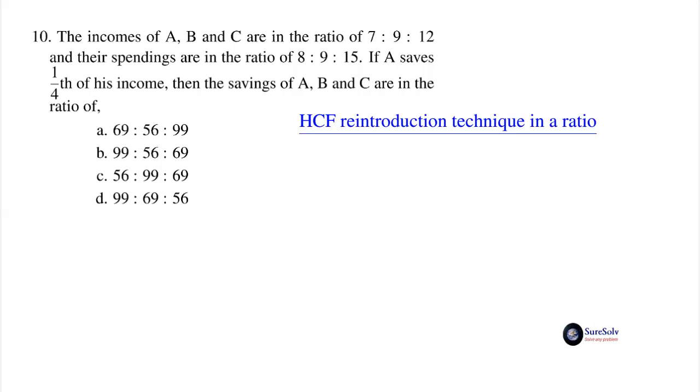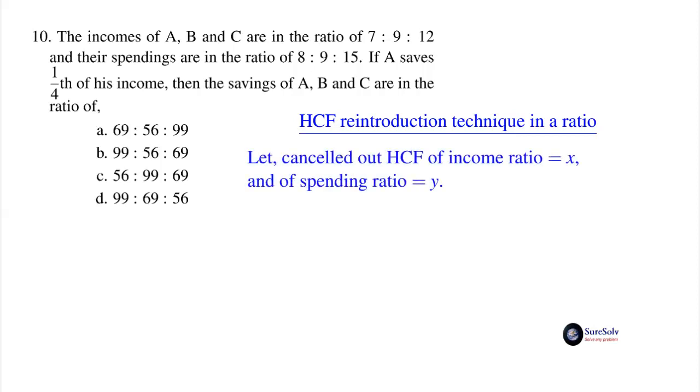The concept is, if a ratio of incomes A, B and C is 7:9:12, the ratio term values 7, 9 and 12 are not the actual incomes of A, B and C. While forming the ratio, all common factors of the three incomes, which is their HCF, has been eliminated to form the ratio term values. So if you multiply these term values by the cancelled out HCF, say X, you would get the actual income values.